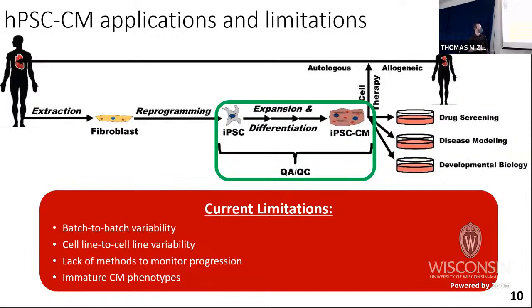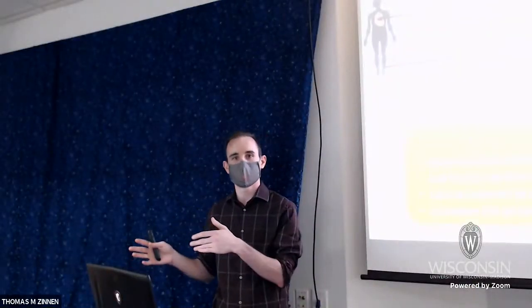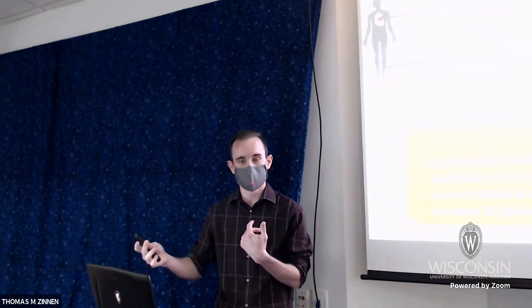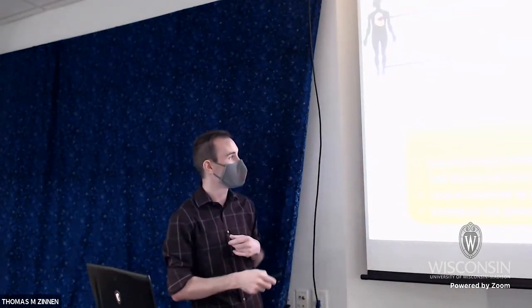So overall, in this green square where we find ourselves, differentiating from stem cells to cardiomyocytes, there are several current limitations in the process. There's batch-to-batch variability. If I take a batch of stem cells and differentiate them today, and use the exact same protocol, and next week I use the exact same cell source and the exact same protocol, I can get drastically different results. Today I might get a really high purity of cardiomyocytes, maybe 95% of my cells become cardiomyocytes. And a week from now, I do the exact same process, thinking I'm doing everything exactly the same, and maybe only 10% of my cells are cardiomyocytes and 90% are off-target cell types. That's a very big problem in the field.